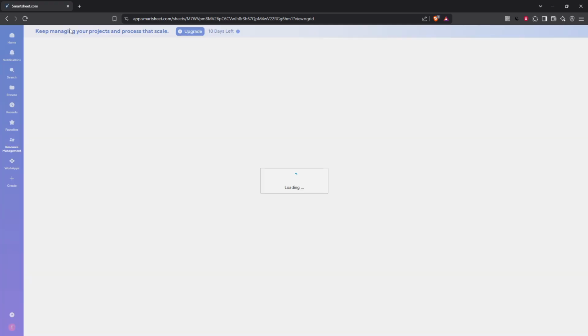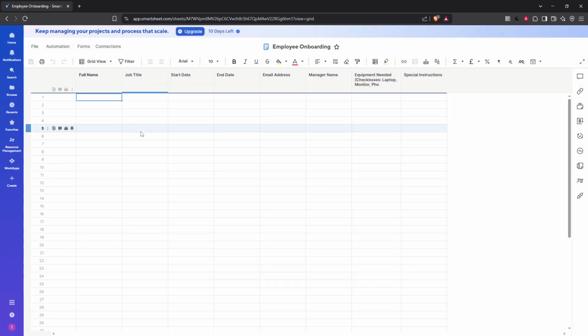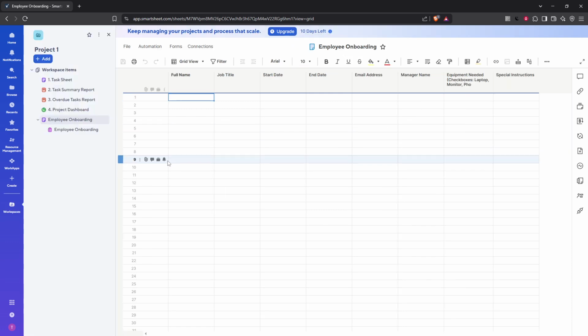And there you have it. By following these simple steps, you'll ensure your Smartsheet data is always current, leading to better decision making and more efficient work processes. If you're working in a fast-paced environment, using these techniques regularly will be beneficial to maintain accuracy and streamline your workflow. So go ahead and try these tips next time you need to refresh your Smartsheet and